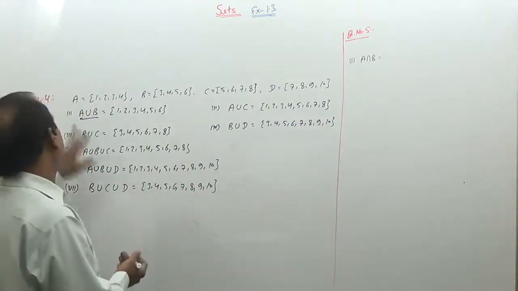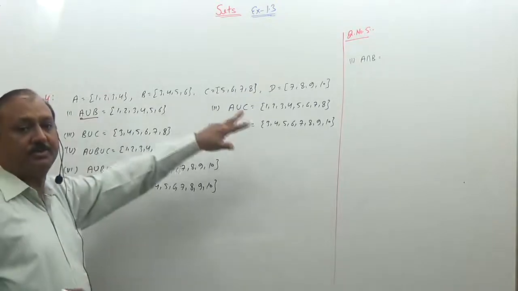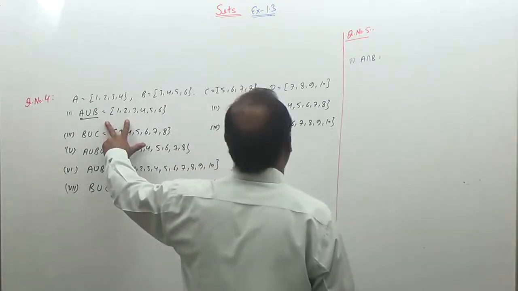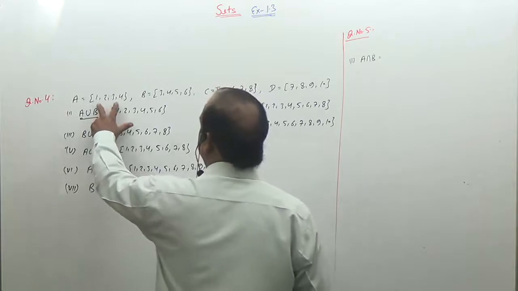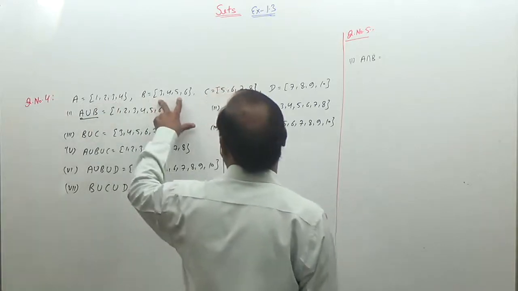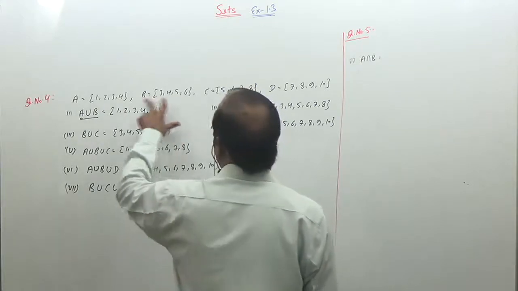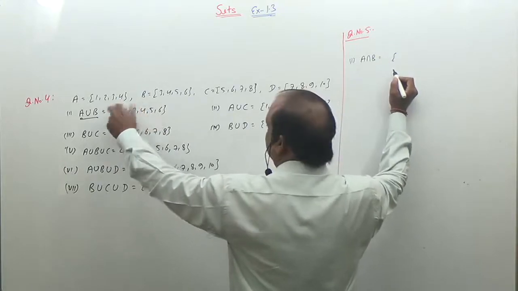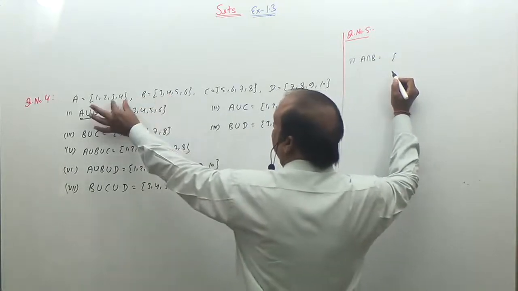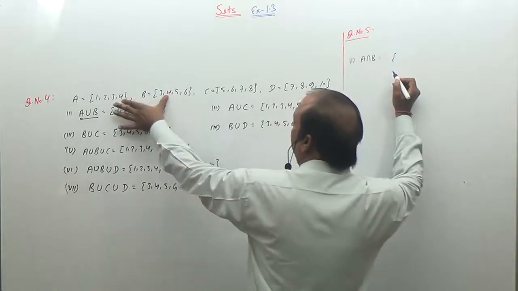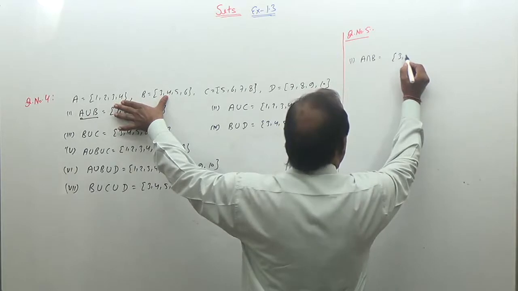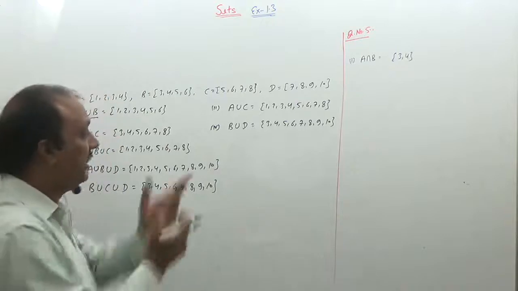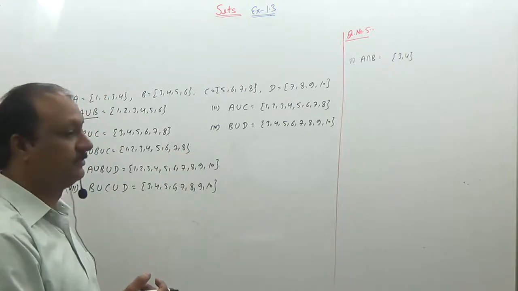तो क्वेश्चन 4th का फर्स्ट पार्ट है A union B. तो क्वेश्चन नंबर 5 के लिए इसे कन्वर्ट करें A intersection B. तो यहां पर आपने फाइंड आउट करना है A intersection B. A set which contains elements 1 2 3 4, B set which contains elements 3 4 5 6, and intersection of two sets is a set which contains the common elements of both the sets. तो 3 4 इसमें भी है, 3 4 इसमें भी है, दोनों के कॉमन एलिमेंट हैं. So A intersection B is a set which contains the common elements of set A and set B. So common elements are 3 and 4.